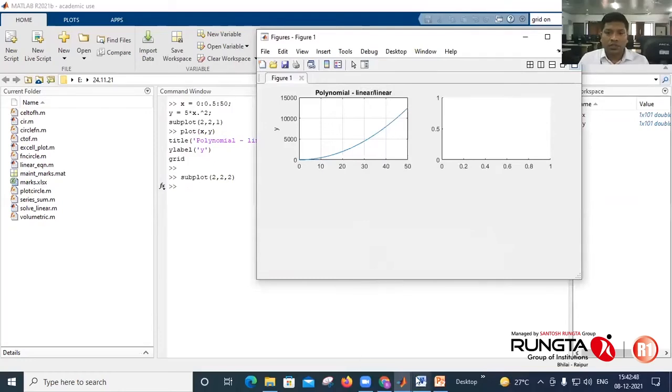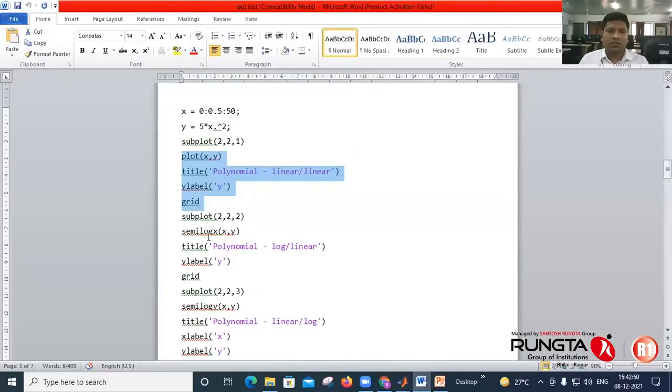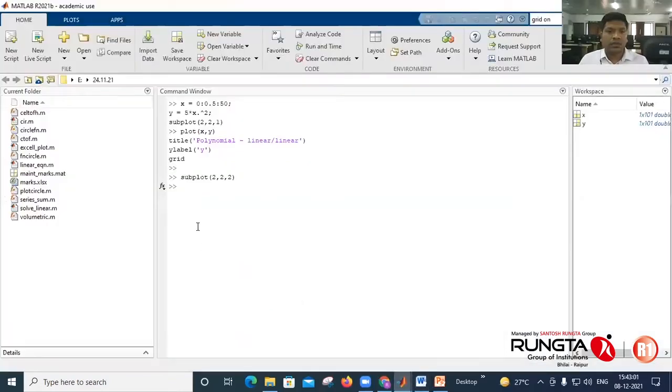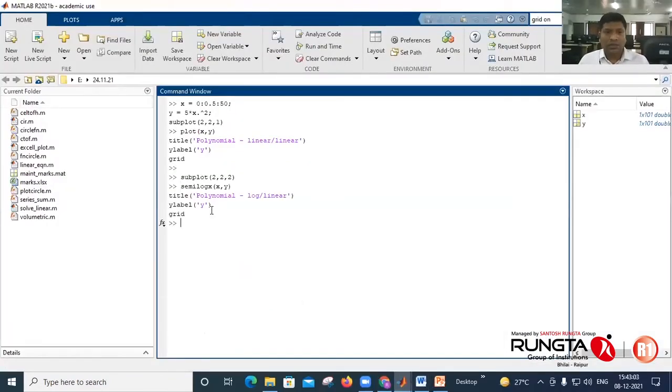Here I will use Semilog X. Like this. Semilog X, plot X, Y. Semilog X means it will use semilog for the X axis. Title will be polynomial log linear. Y label Y and grid. Enter.